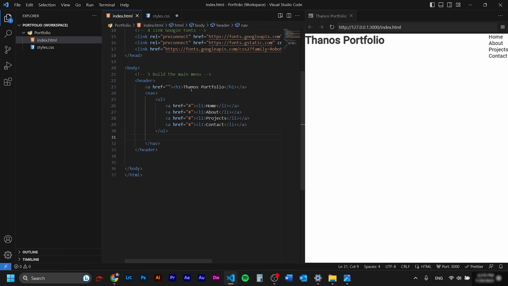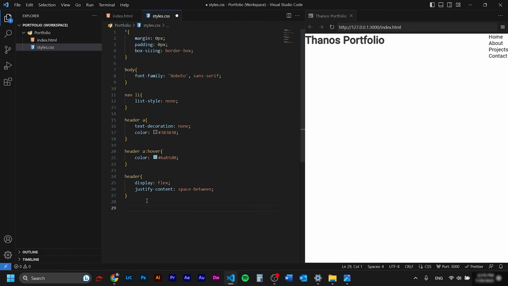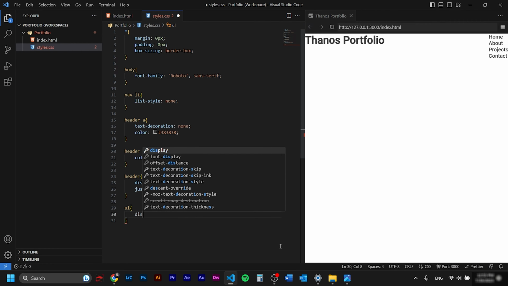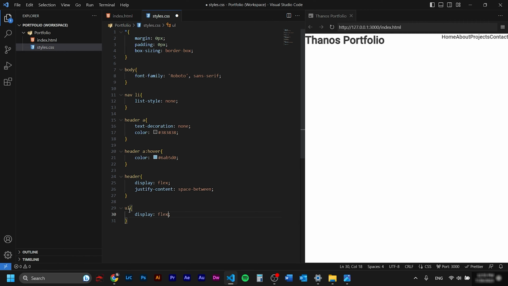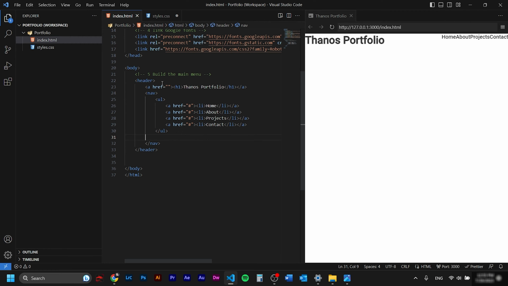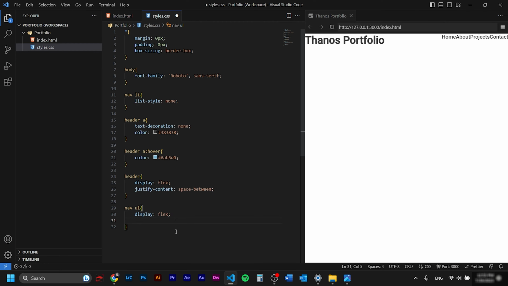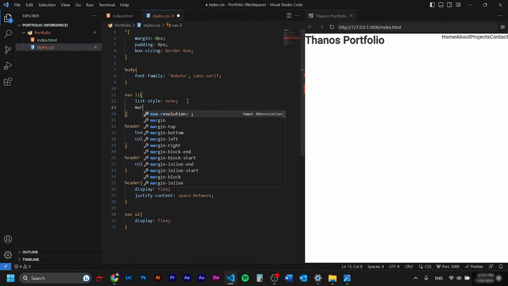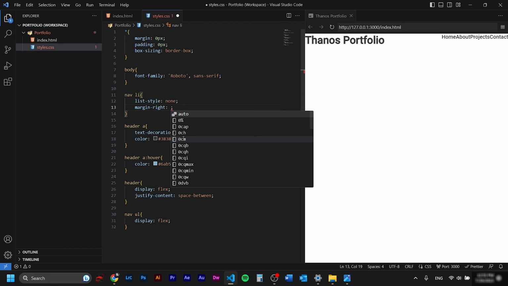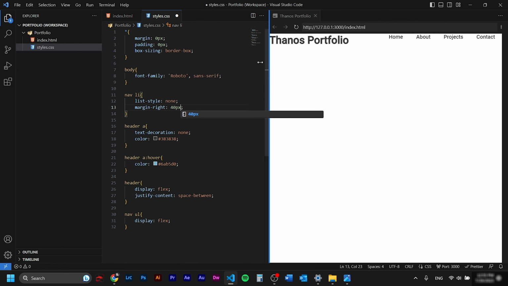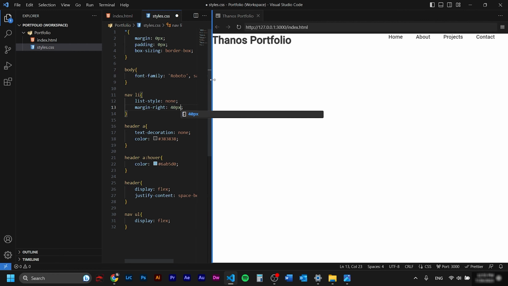The next thing I wanna do is target all the URLs and give them display flex as well. And again, if you do this display flex, it's gonna target all the URLs of your whole site. So to be safe, I will do only the child of the navigation bar. The next thing I wanna do, because they are stuck together, is to try some gap. But now they are all stuck to the right and I don't really like that. So let's undo this thing and go here that we target all the lists and give them margin right 40 pixels. This looks better to me. Remember that this is way too small. The normal website is gonna be around here.